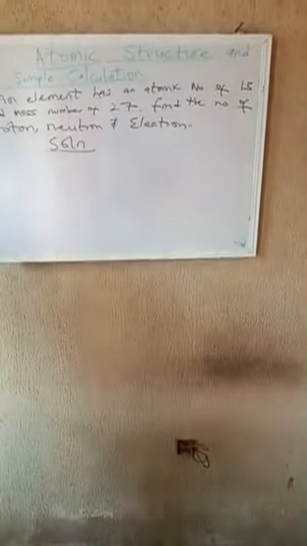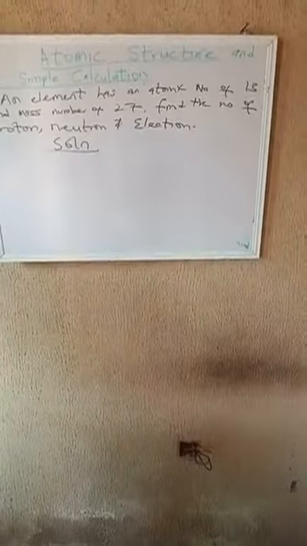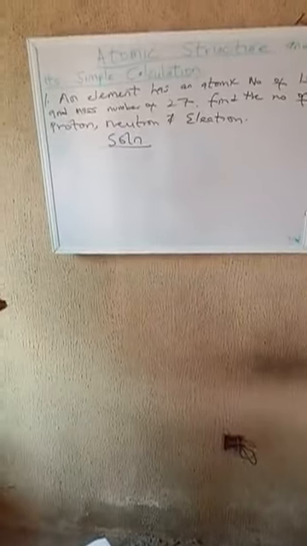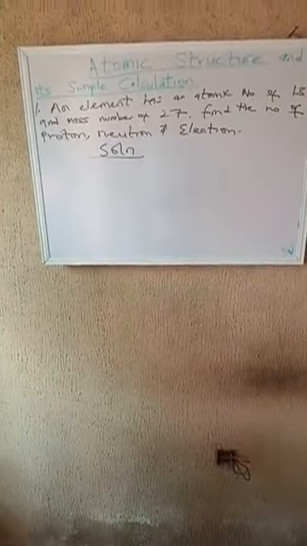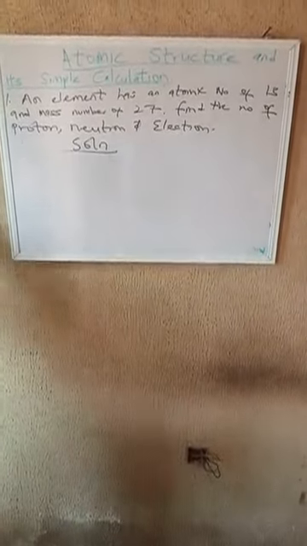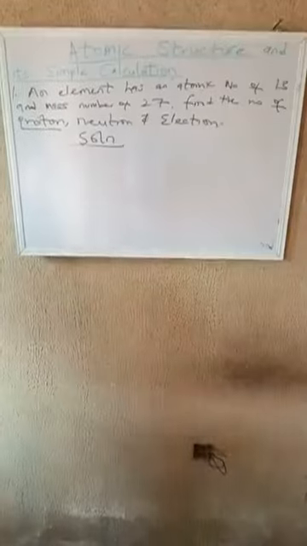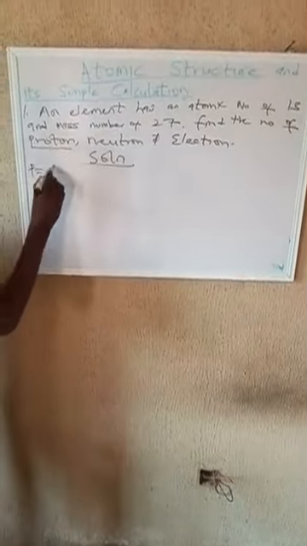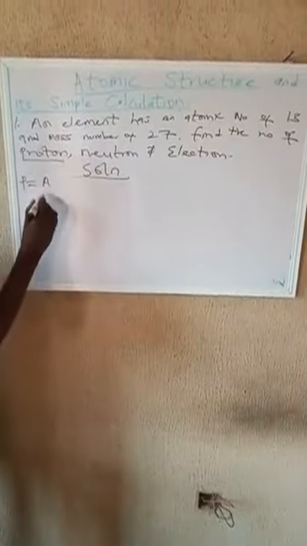Solution. An element has an atomic number of 13 and mass number 27. Find the number of proton, neutron, and electron. We are looking at this question. This question has even given us an answer to a particular question, which is what? Proton. It told us proton is equal to atomic number. And if atomic number is 13,